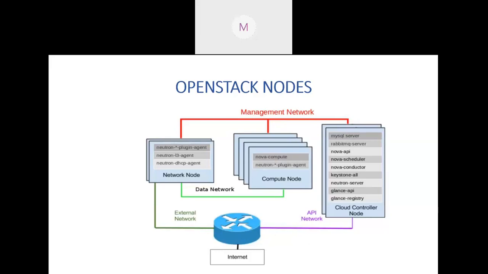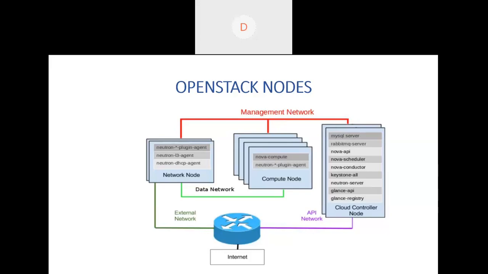So the API network is when like this. The advantage of these nodes is that each node can be sitting geographically in different locations. Say the compute node can be sitting in Bangalore, the network node in Hyderabad, and the control node somewhere in Pune or Gurgaon. Now any user can request any operation to get, create or delete any particular resource, like say create network. So they basically issue a corresponding API call, which goes all the way through the physical router and then to the control node via this particular network. So these are basic concepts: the different nodes in OpenStack and what they do,